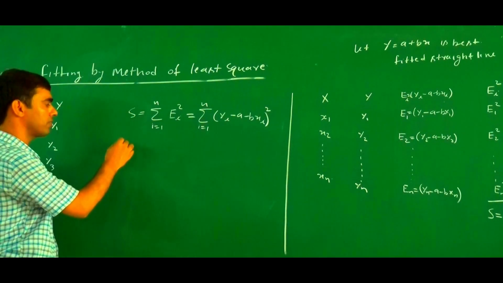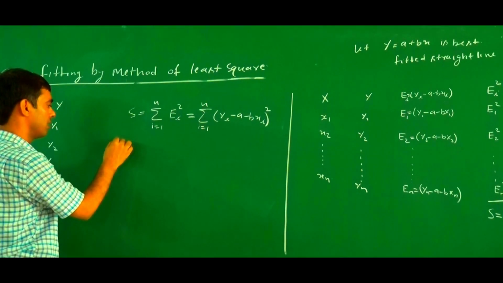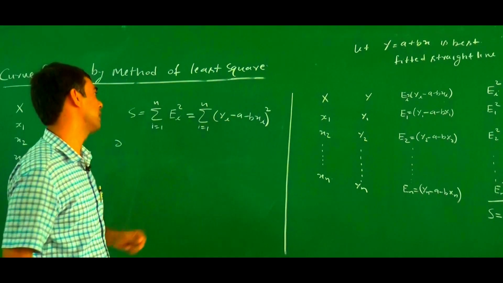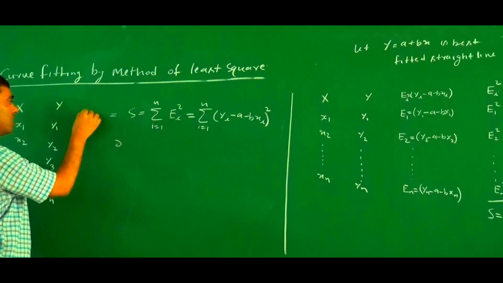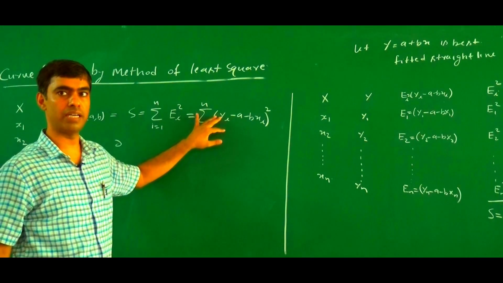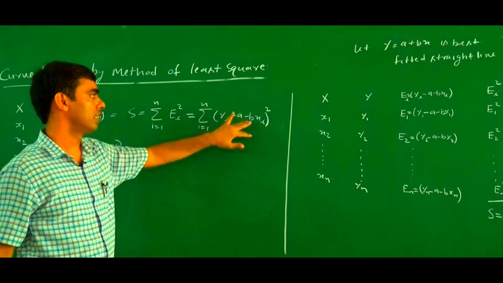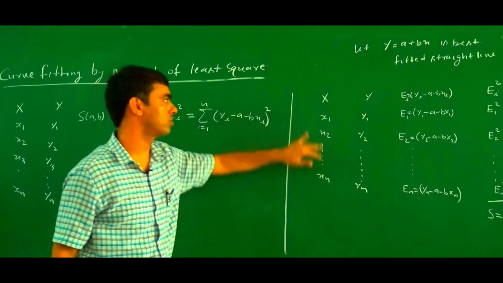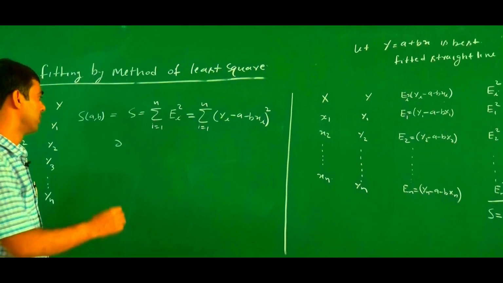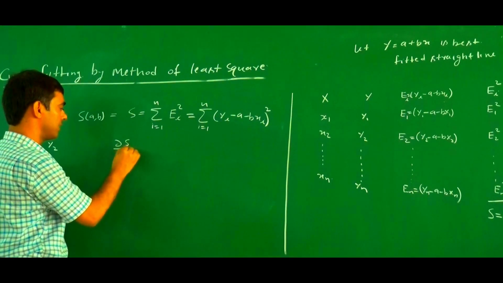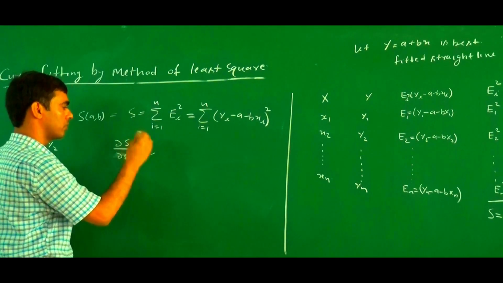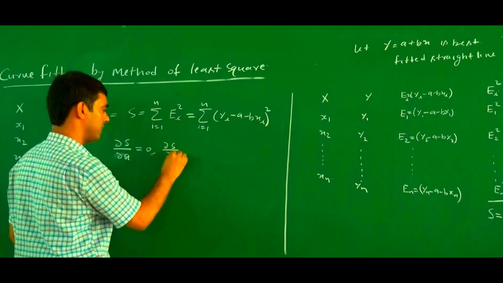So, what is the necessary condition for minimization and maximization? Means partial derivative. This is a two variable function. What are the variables here? The variables are a and b. So you may also write this as a function of a and b. Here I am not writing this as a function of x and y, because x and y are constants here. xi and yi are known values. So the only unknowns are a and b. So this is a function of a and b. So now what are the partial derivatives? Partial derivative with respect to a: del S upon del a equals 0, and del S upon del b equals 0.